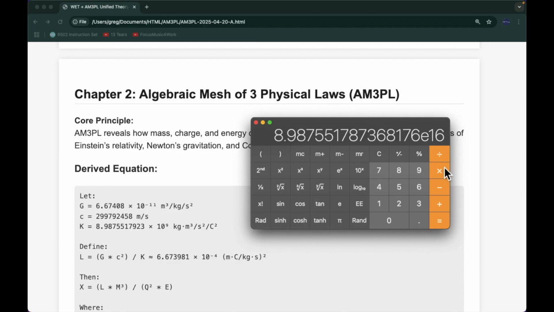Then we multiply by 6.67408, exponent, change the sign, 11. So we got 11, equals this, and then we divide by